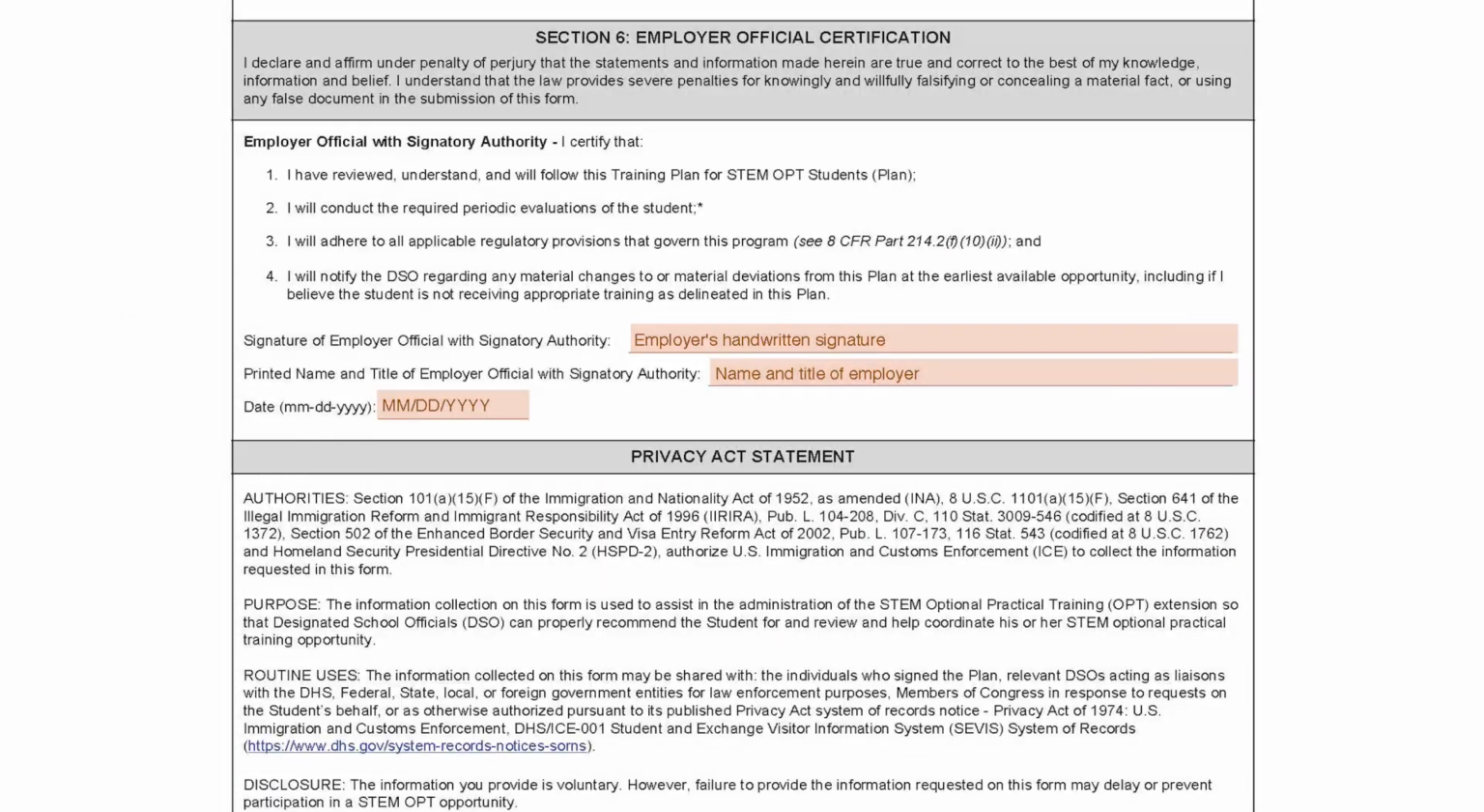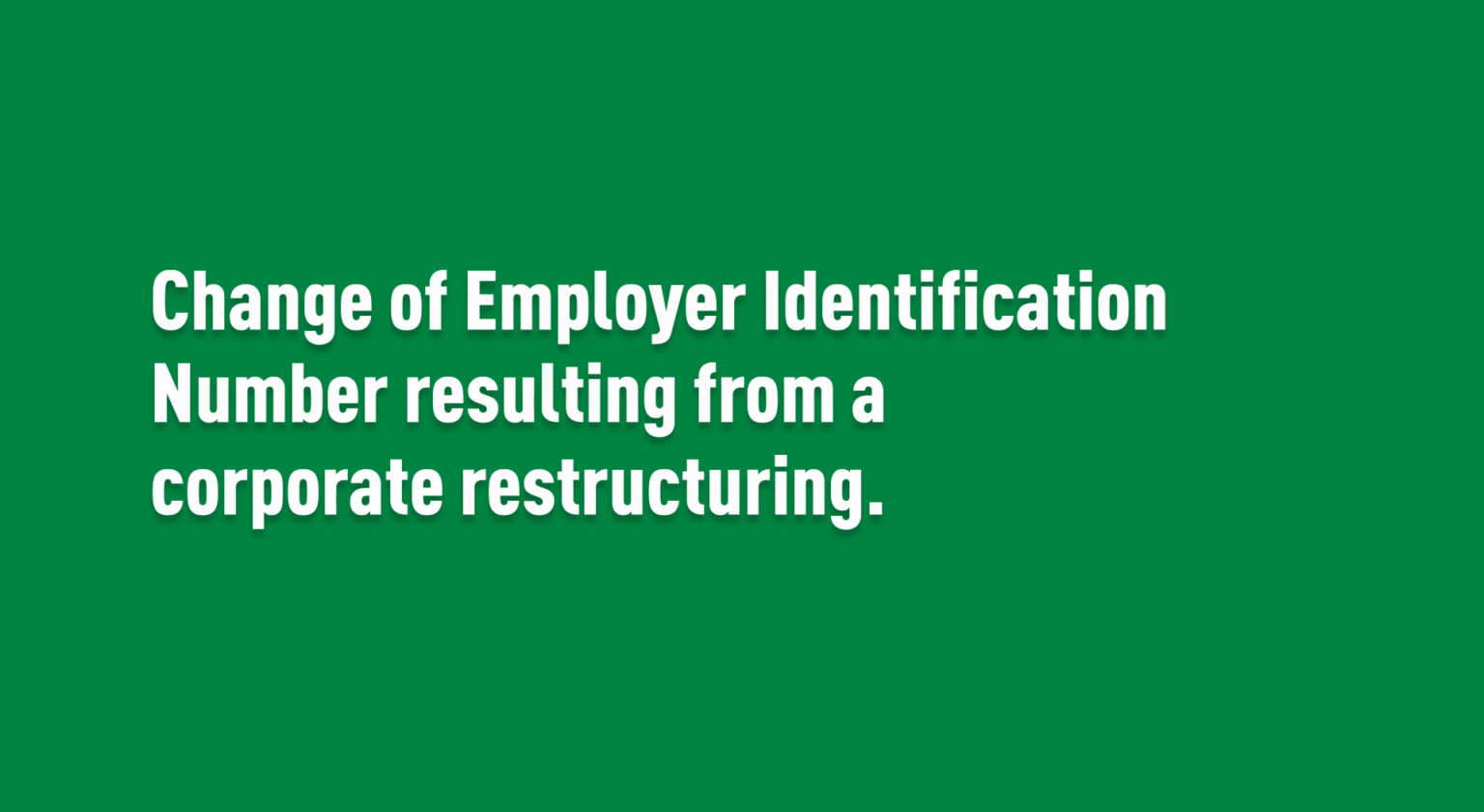The individual who signs this certification need not be, but can be, the same individual who signed the employer certification in Section 4. An employee with signatory authority for the employer should review the certification and affirm the statement by signature. Concerning the statement under number 4 in this section, please note that material changes in the plan can include, but are not limited to, the following: any change of employer identification number resulting from a corporate restructuring,